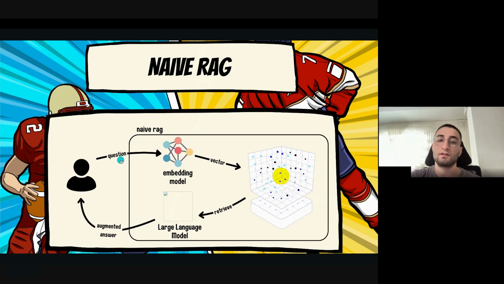You can't take the question and do a similarity search on the vector database directly. First, you have to turn it into a vector with the embedding model, and then you have the vector. Then you make a call to the vector database to get the most relevant, closest document to this vector, and retrieve it.